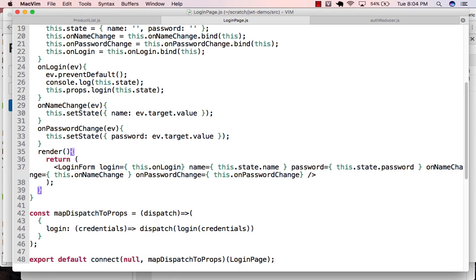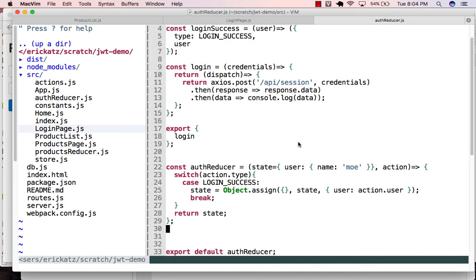So there's a couple of things we could do. One of the things we want to do is we don't want to have the user have to log in every time that they reload the browser. So when we go over to our auth reducer, and we get down here, and we're successful,